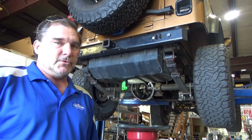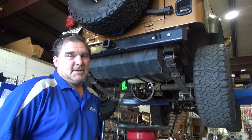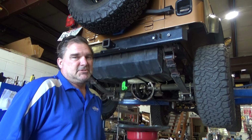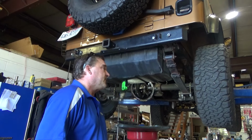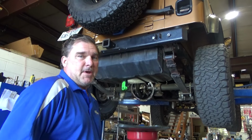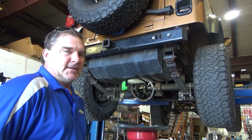So I'm going to run up to Rudy's CJ Parts up in Findlay, Ohio. We were lucky enough to have Rudy travel the country and pick up Jeeps from all over the place. And he's got a really nice clean housing with a track lock, so we're actually upgrading this rear axle. Since it's broken, you might as well make it better, right? So I'm going to make a trip up to Findlay, Ohio, and bring back a nice new axle for this fellow